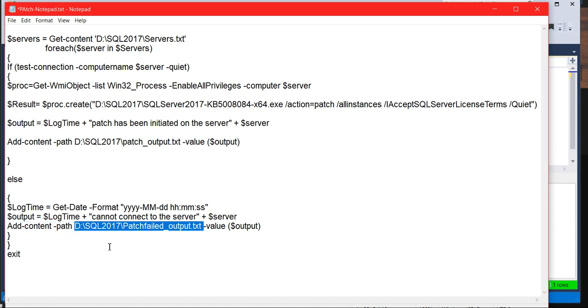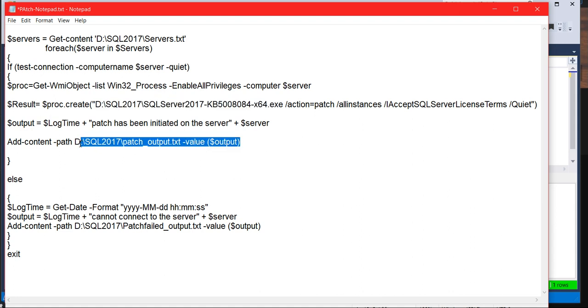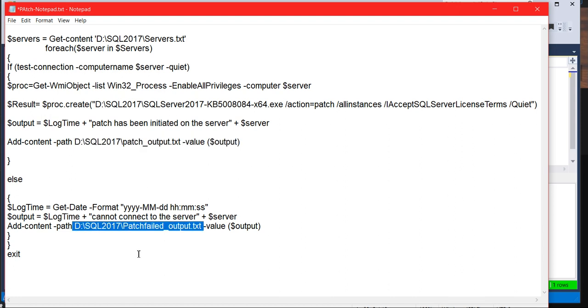So it's a pretty much straightforward process. You just need to be focused. You need to club only those servers which belong to the same domain. So just create this directory, place the binaries on each target server where you want to execute the patch, use robocopy for transferring the binaries, and you will get the details over here in the output folder. If there are any failures, it will come to the patch failed output folder. Okay, so this is a pretty much straightforward process.